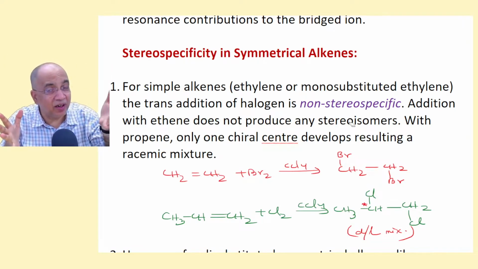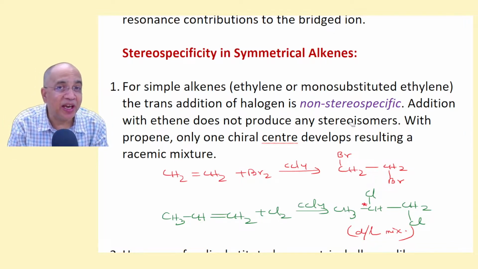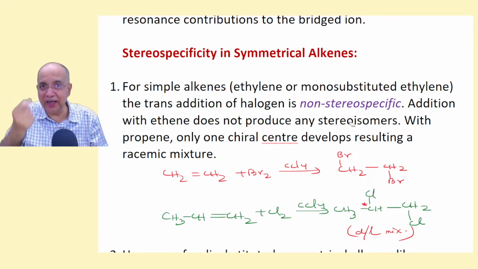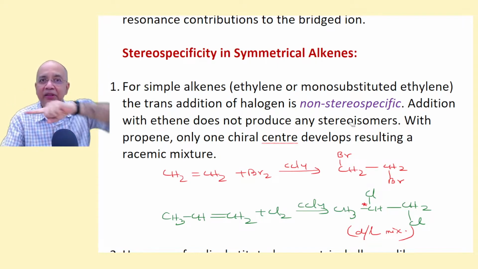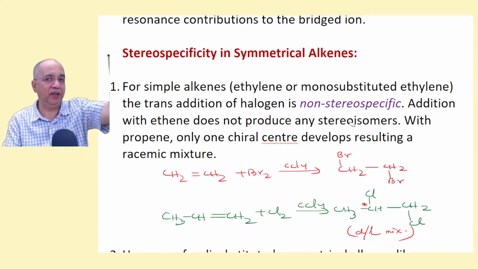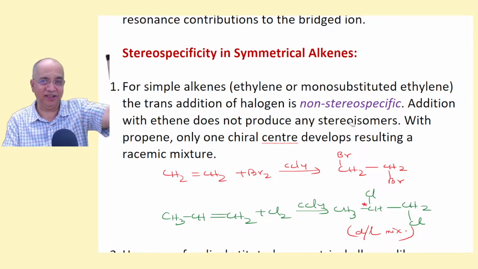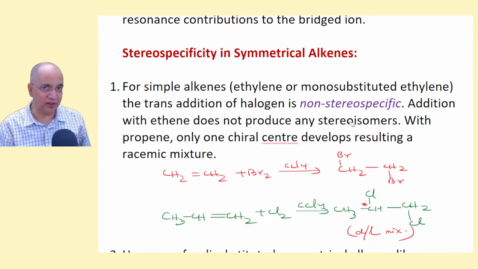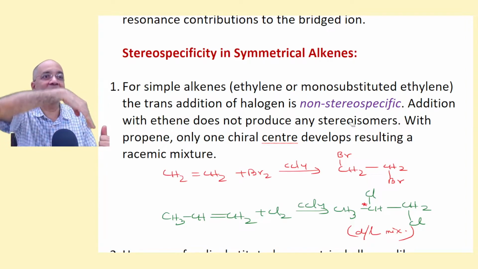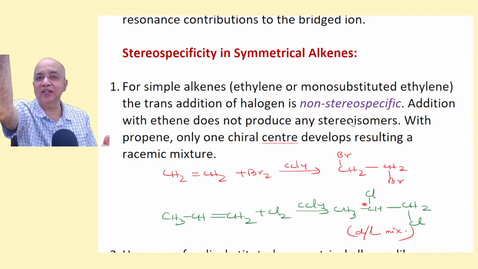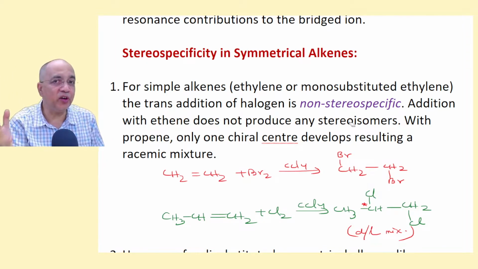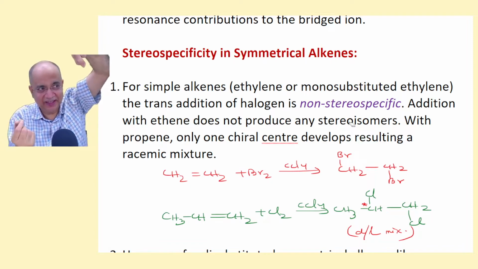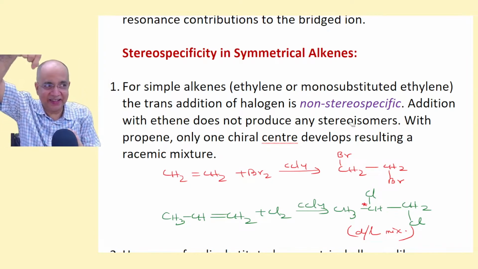So that happens through the bridged halonium ion intermediate. If one bromide ion joins to this carbon, then the bromine opens up and stands up in the adjacent carbon. And if the bromide attacks the other carbon from below, then this bond breaks and it stands to the other side. So the trick is, there are two possibilities. This, and this.